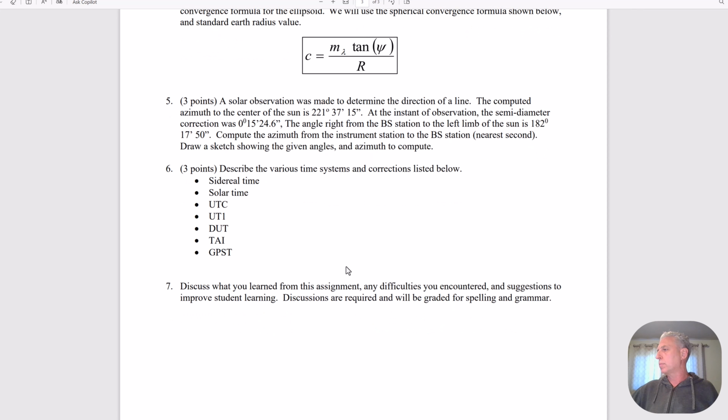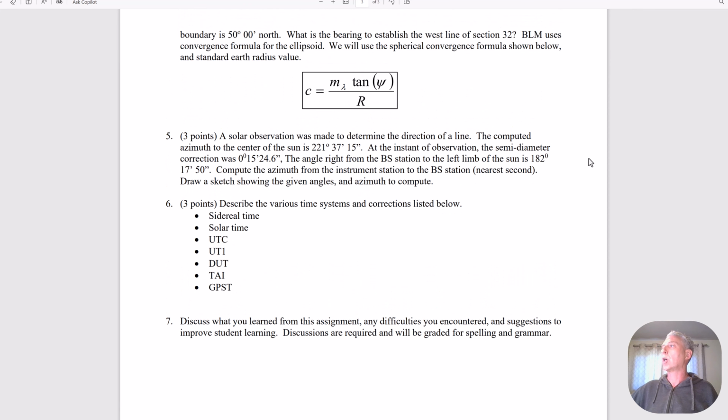And then problem 6 is just another research type of problem. So just asking you to explain some different types of timekeeping. So sidereal time, solar time, UTC, UT1, DUT. We talked about all of those. But then there's a couple others, the TAI and the GPST. So do some Google research on that. Nothing that takes too long. Just briefly describe it and what sorts of corrections we would apply to interact with the other